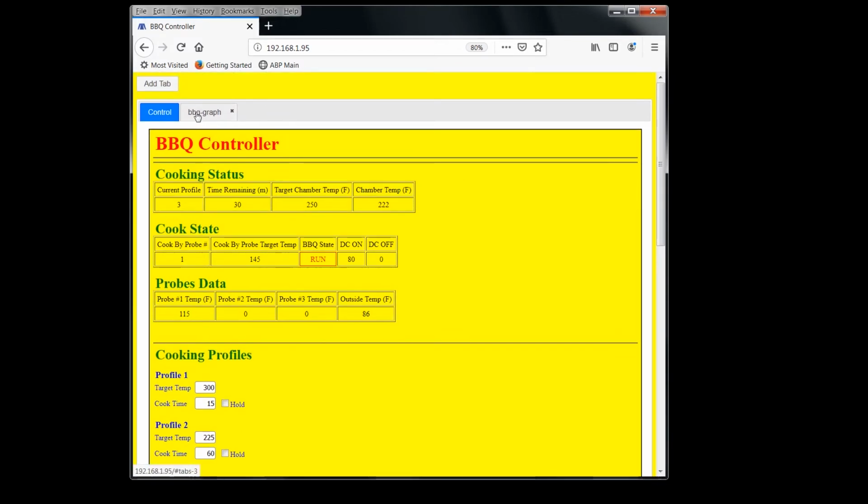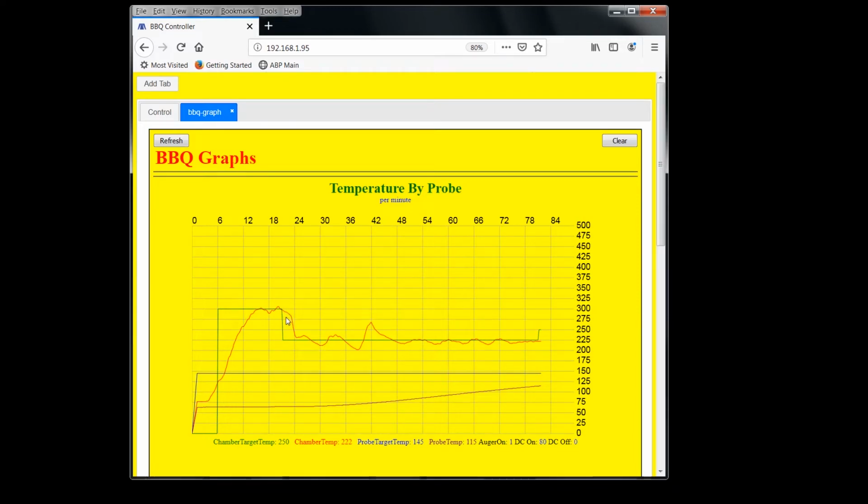I noticed we had a little bit of a hiccup in our cook, so this is where I was messing around with cleaning the grill, and it started swinging a little bit, and that's okay. It's actually designed to do that, but then it took this little dip right here, which is too much of a dip, and then it shot way up. Every once in a while I see this, it's just a weird random spike. The auger was turning,